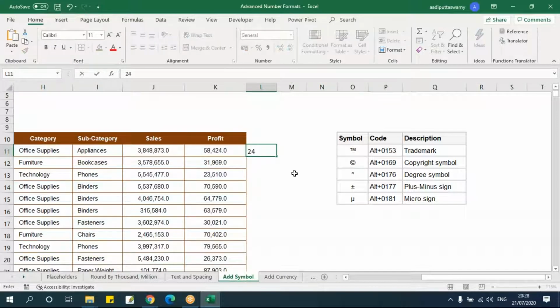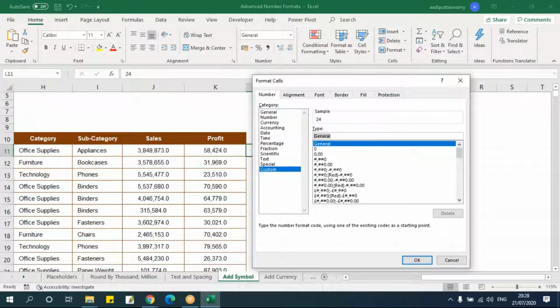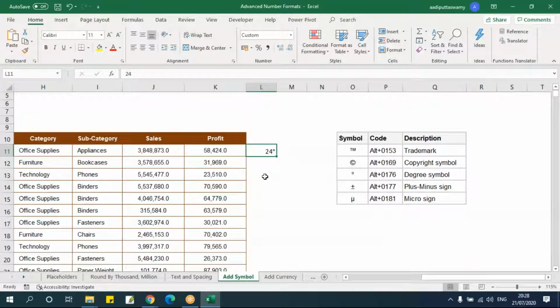Or we'll take a simple one, say 24 degrees Celsius or Fahrenheit or whatever. In that case, let me just take this symbol, go here, control 1, go to custom, just put a 0 here. 0 means it's a placeholder, and in double quote I'll just put this symbol. Say okay.